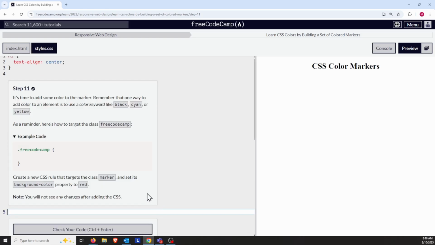Step 11. It's time to add some color to the marker. Remember that one way to add color to an element is to use a color keyword like black, cyan, or yellow. As a reminder, here's how to target the class FreeCodeCamp. All right, so now let's see. Create a new CSS rule that targets the class marker. So we have the dot method, so dot marker,